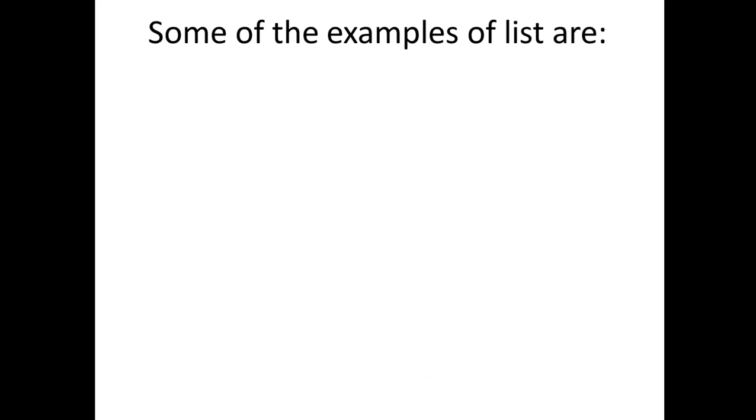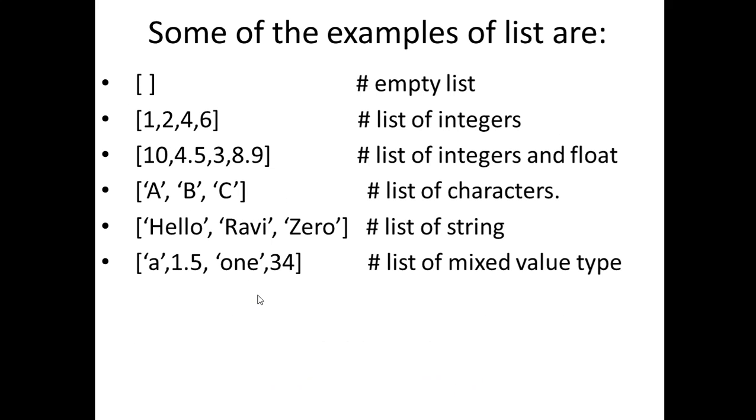Some examples of lists are: see, under the square brackets nothing is mentioned. As I told you, the items of a list are contained within the square brackets. So the square brackets are placed but nothing is given inside, so it is an example of an empty list. The second example shows there are 4 elements, 1, 2, 4, 6, under the square brackets separated by commas,